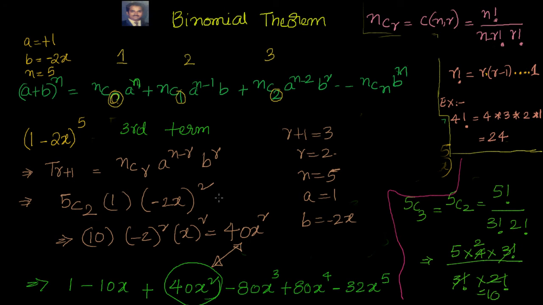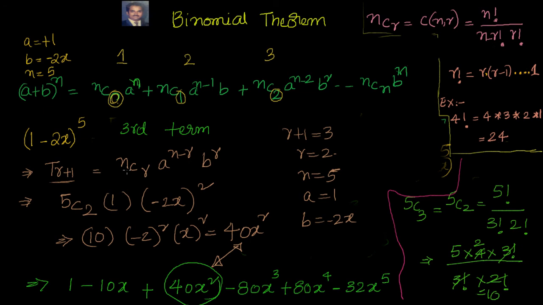I think the whole point which is crucial with respect to the general term is to remember that I want to have r here. You can ask me why they went for r plus 1 term. They can say r itself, right? They can say r here, but remembering this formula becomes a little bit tough, right? See, check this, NCr minus 1, a to the power of n minus r plus 1, b to the power of r minus 1 is a little bit complicated.